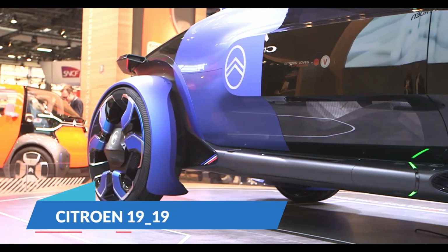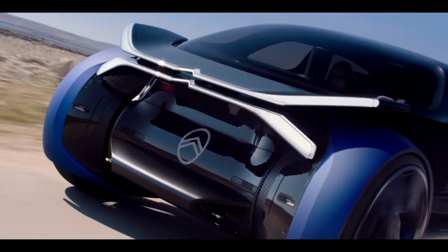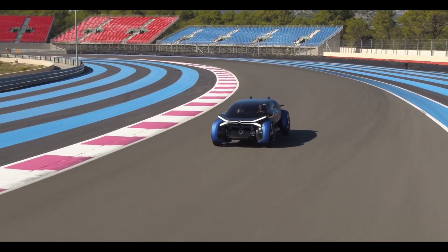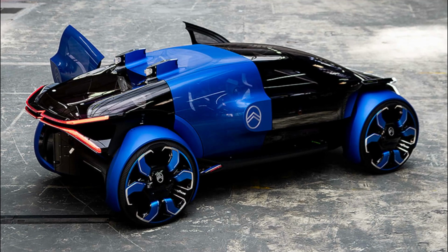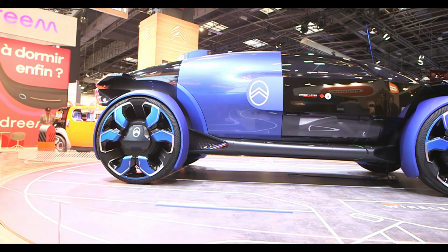Citroën 1919. This concept car, inspired by airplanes and air travel, is geared towards long distance should it see the production line. Also built to celebrate Citroën's 100 years, it comes with designs meant to give the users comfort, such as home-like comfort on wheels. It is an all-electric concept whose spec sheets include a top speed of about 124 miles per